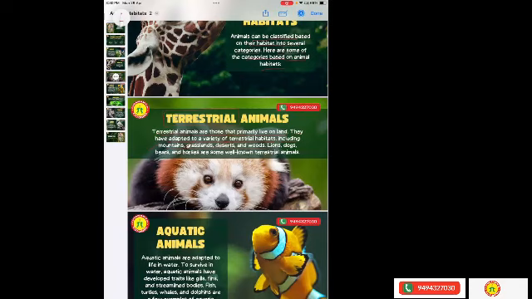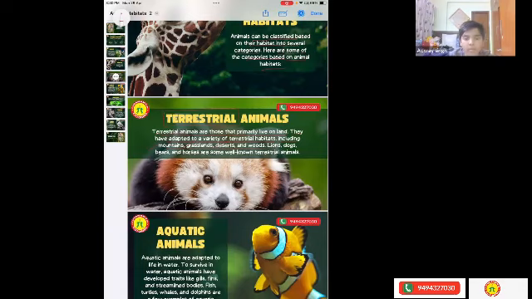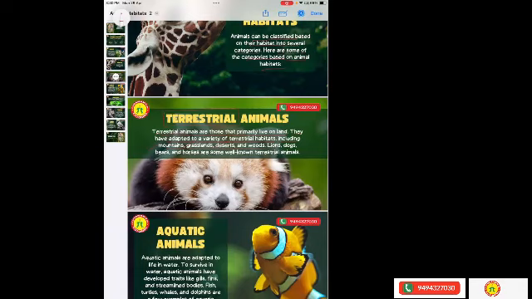Mountain. In the mountain, which animal do we find? Yak. Yeah. So in the grassland, which animal will we find? Ma'am, on the Himalayas we find polar bears. Oh, but that is in the polar region, right? Polar bears will be in the polar region. Correct. So that is how terrestrial animals are divided into different categories depending on